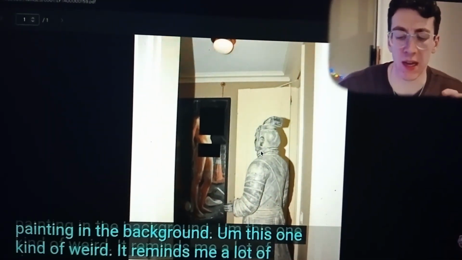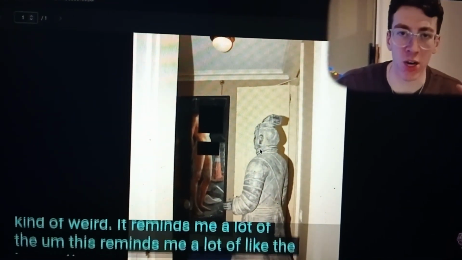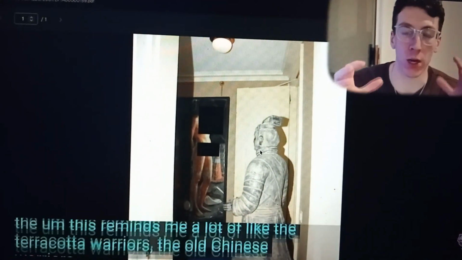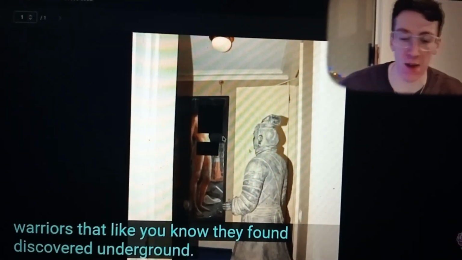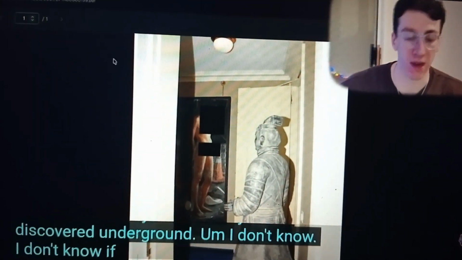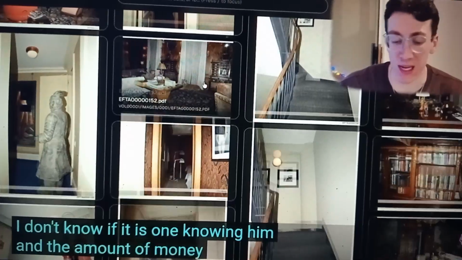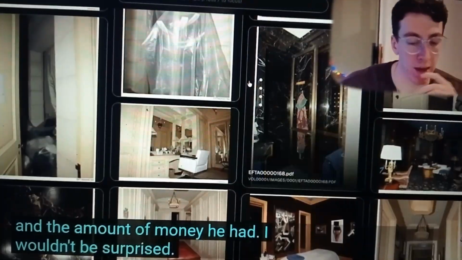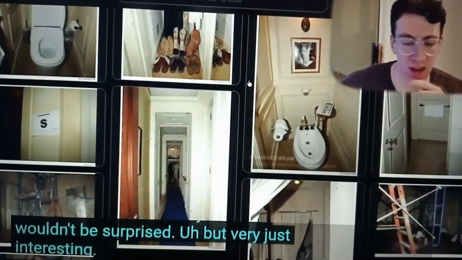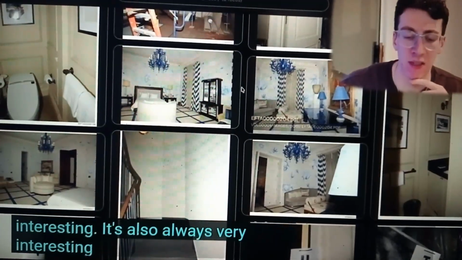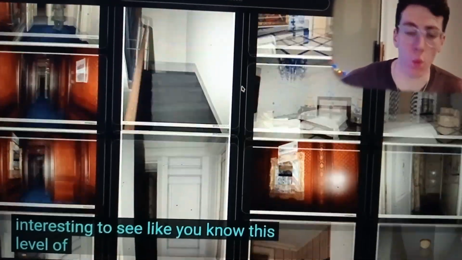It reminds me a lot of the terracotta warriors, the old Chinese warriors that they discovered underground. I don't know if it is one. Knowing him and the amount of money he had, I wouldn't be surprised. But very interesting. It's also always very interesting to see this level of wealth and